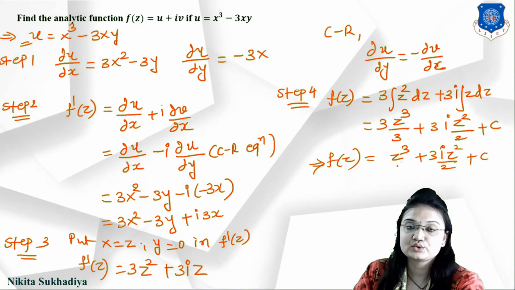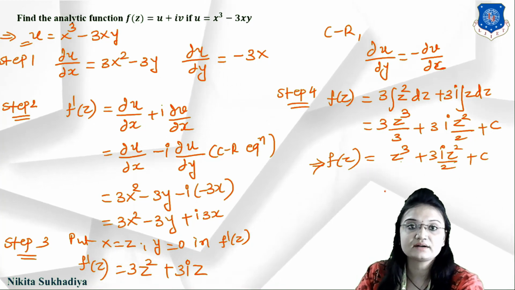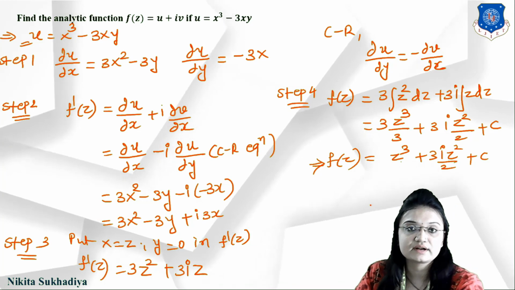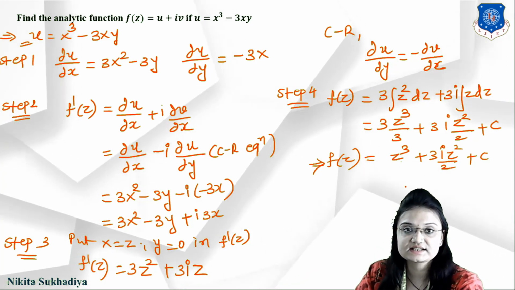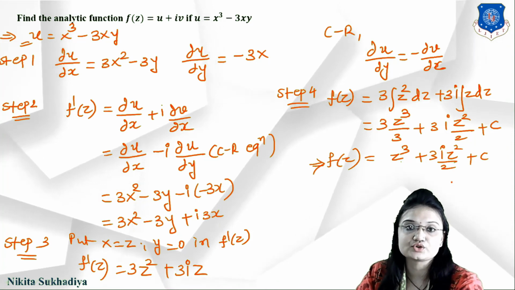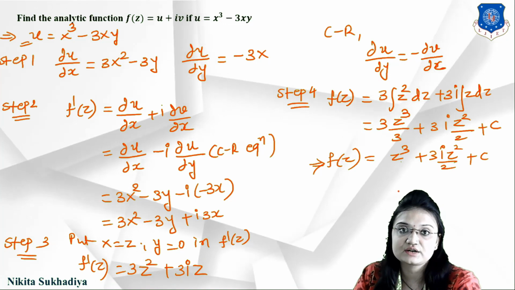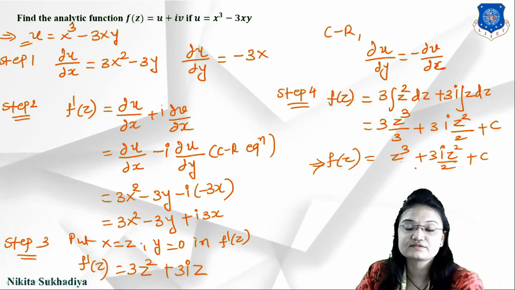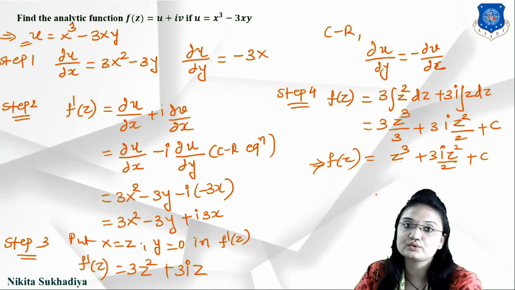By putting z equal to x plus iy here, we get again the real part and imaginary part. The real part is u, which is already given in the question, and the imaginary part is v. So we can say that v is the harmonic conjugate of u. So if you are given a question like that, also find the harmonic conjugate. By putting z equal to x plus iy here, you will get the harmonic conjugate of u, and that is v.